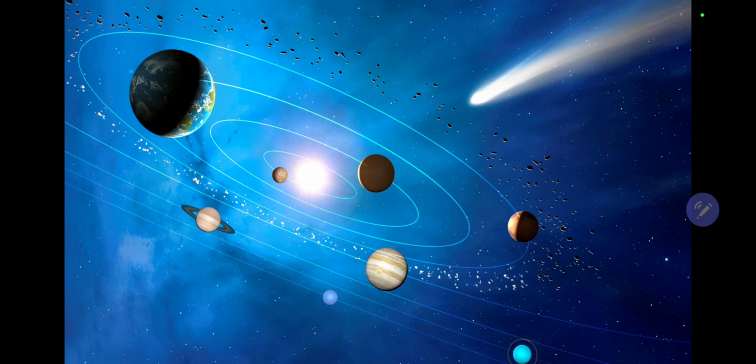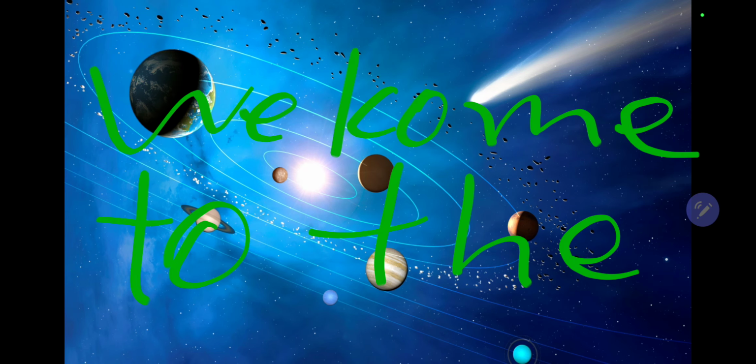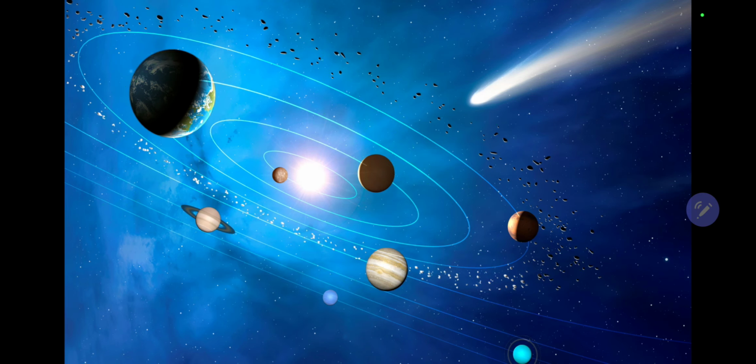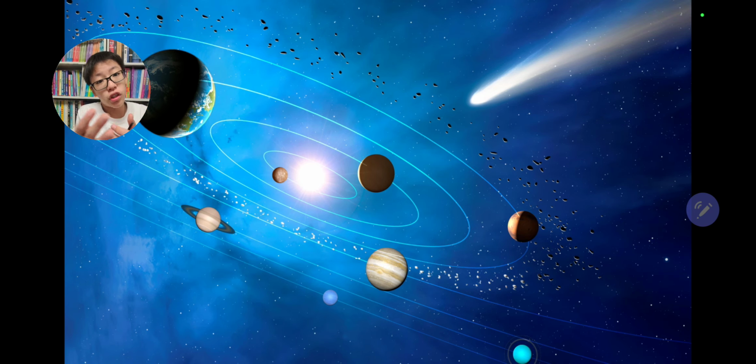Chapter 2. Welcome to the solar system. Yay! Here is the Earth, and that is very disproportional. In this chapter, we start talking about the formation of the solar system with the sun starting first, and then we go to Mercury, Venus, Earth, Mars, the inner planets, then the asteroid belt, then Jupiter and the outer planets, the gas giants and all that. Then the ice giants too, and then we go to the Kuiper belt,